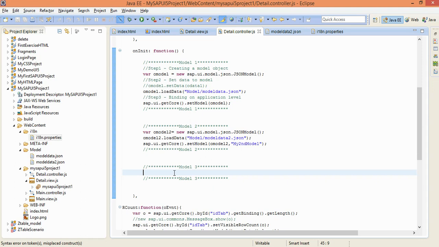Anyone? Can anyone tell me how we can write? No one? Great. Where oModel3 equals new sap.ui.commons. No, it's not ui.commons. It's ui.model. Perfect, Ramya. A wonderful try. It's where, let me create a variable called oModel3 here, equals new